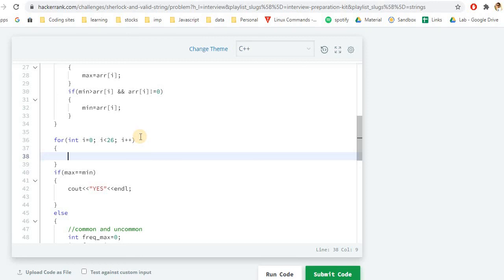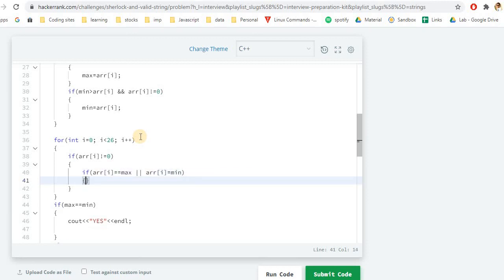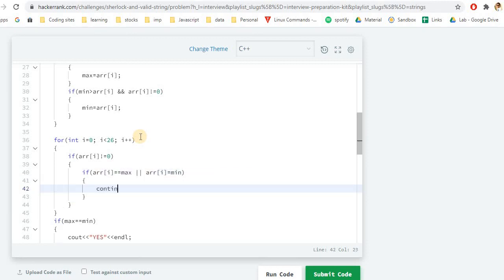So we'll first check if the frequency at i is non-zero. If this is the case, we want to check if the frequency present at array of i is equal to max, or equal to the minimum value. That will ensure that we only have 2 values. So if this is the case, we simply continue, because we don't want to do anything.